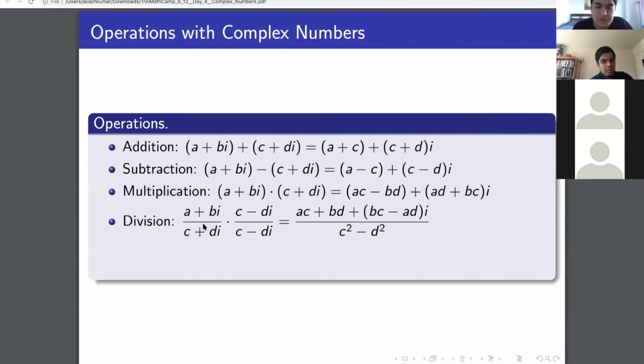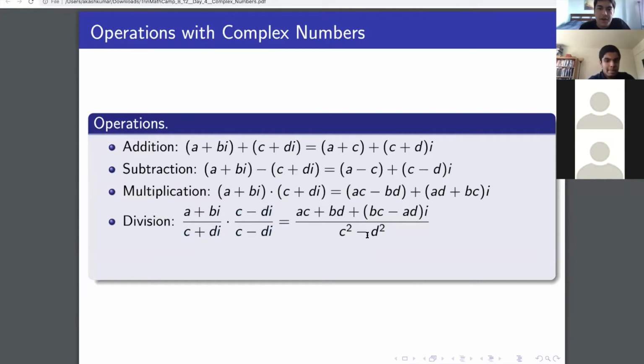So just a little terminology, the conjugate of c plus di is c minus di, or the conjugate of a plus bi is a minus bi. So you just take this plus and you change it to a minus. And then what's really cool about this is that if you multiply these things out,